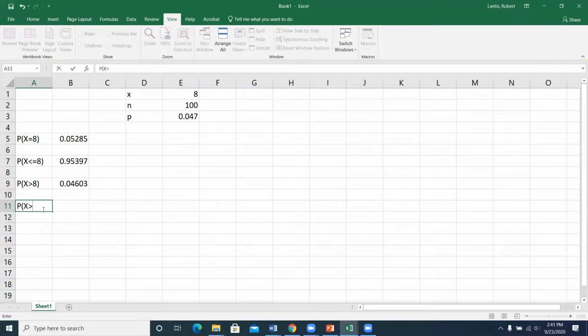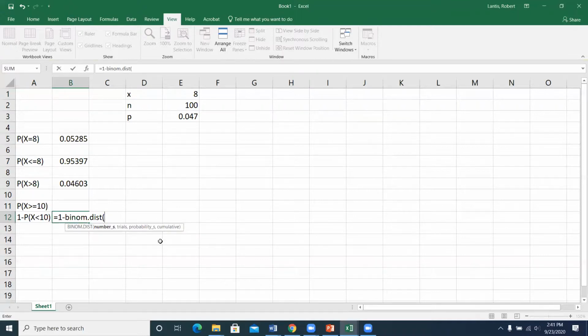Let's say I wanted the probability x is greater than or equal to 10. Okay? How could I find this? Well, right away, we should be thinking about, I'm going to have to use that complement rule. So equals 1 minus. And actually, before I do this, I'm going to write this out down here. So 1 minus the probability that x is less than 10, right? Just rewrite that as 1 minus the complement. So equals 1 minus the